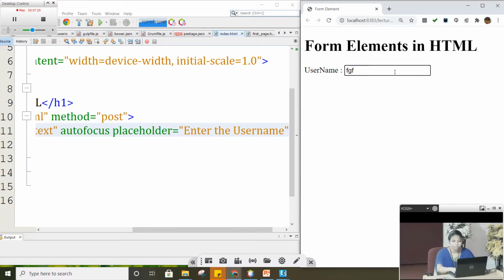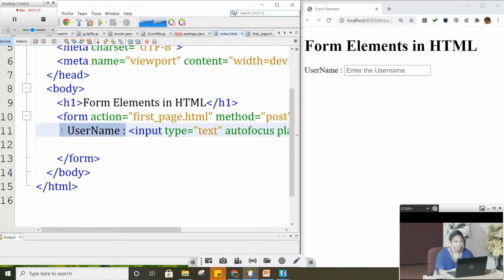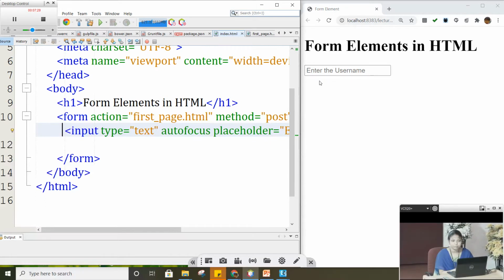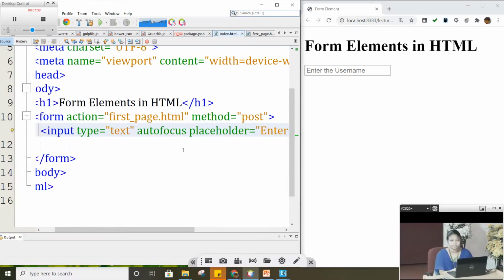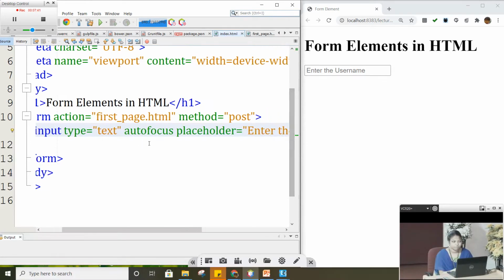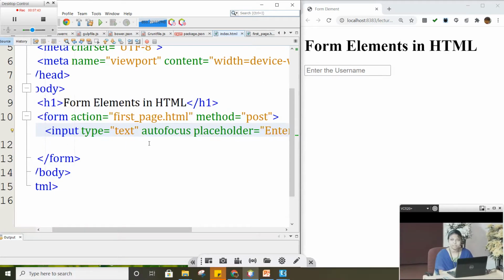When the user sees the text box for the first time without this label, for example, if I take away this label beside this, automatically the user will know this text box is meant to enter the username. So that's the purpose of placeholder, and you have to give what should be displayed on it. This is the very basic one to get the input as text, and it can be a single line input. In that case, we will be using the input tag with the type as text.